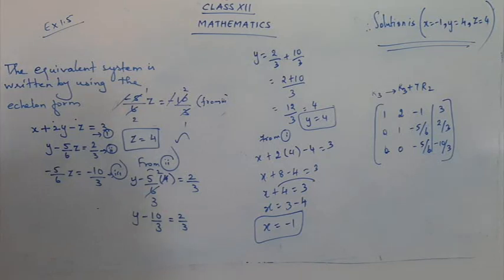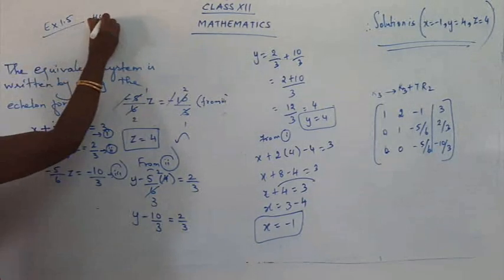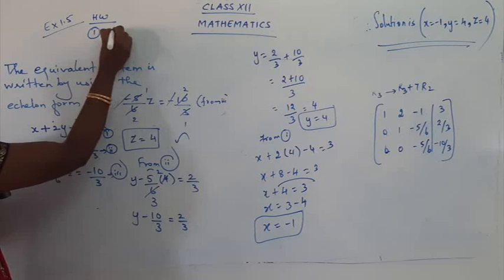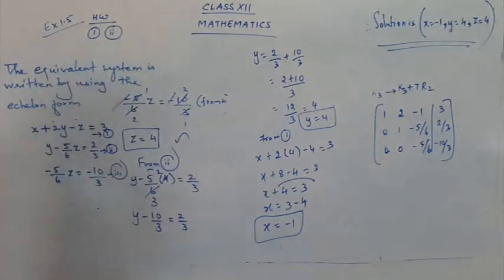Okay, children? So we have completed the first subpart, and your homework is question number 1, second subpart. Sum number 2 will also be your homework, children. I'll just give you a hint on how to follow sum number 2, and later on you will complete it. So question number 1, second subpart, and half of question number 2 will be homework.